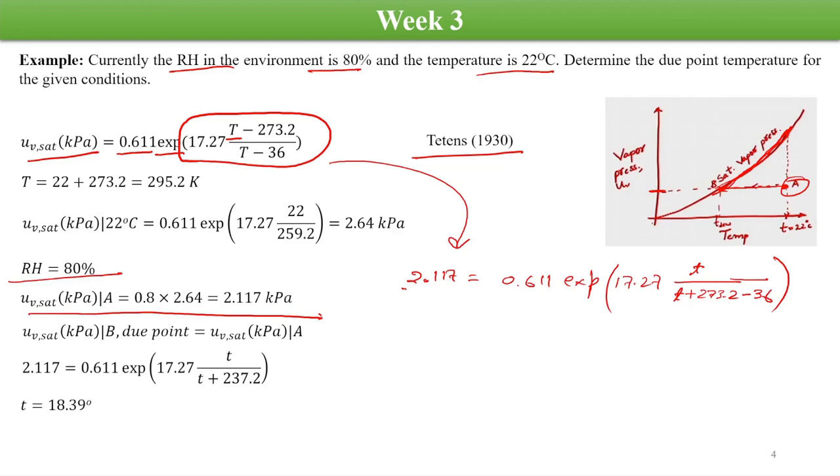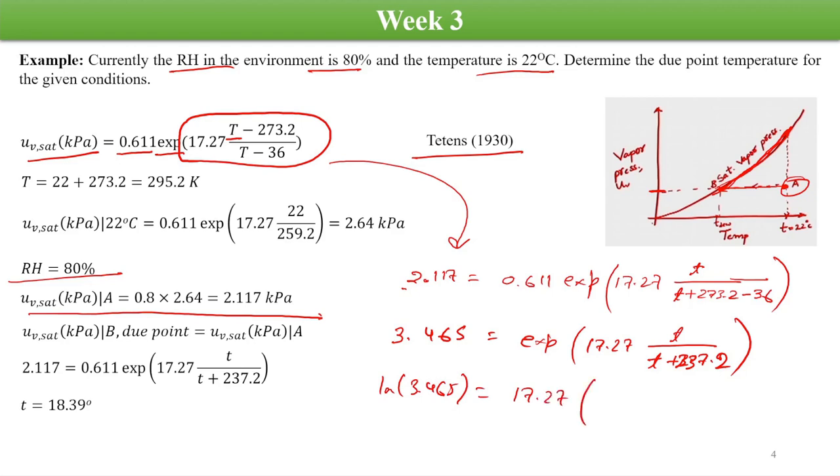2.117 divided by 0.611, 3.465 is equal to exponential 17.27 T upon T plus 237.2. Okay, so we can solve by taking ln on both sides. So ln 3.465 is equal to 17.27 multiplied by T upon T plus 237.2. So ln 3.465 is going to be 1.24, which is equal to 17.27 T upon T plus 237.2. So if you solve for T from here, then you'll obtain T will turn out to be